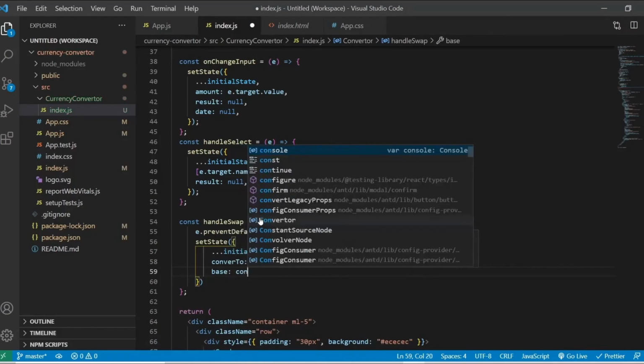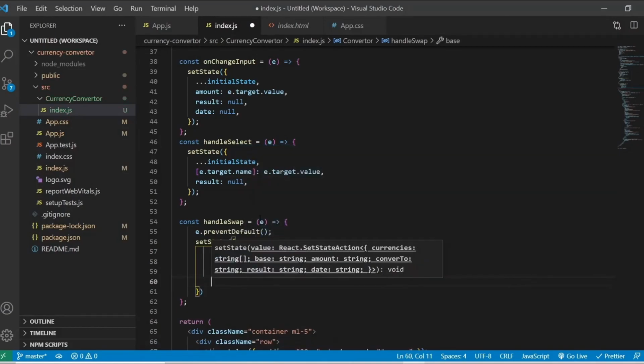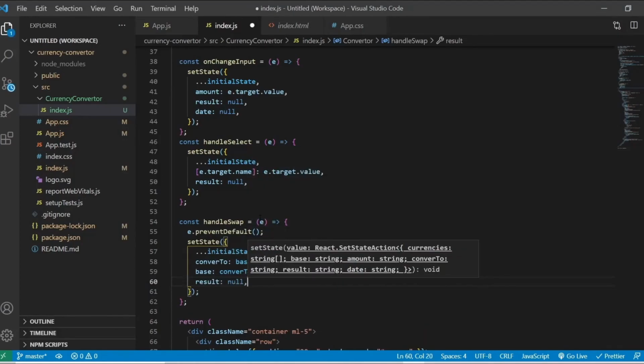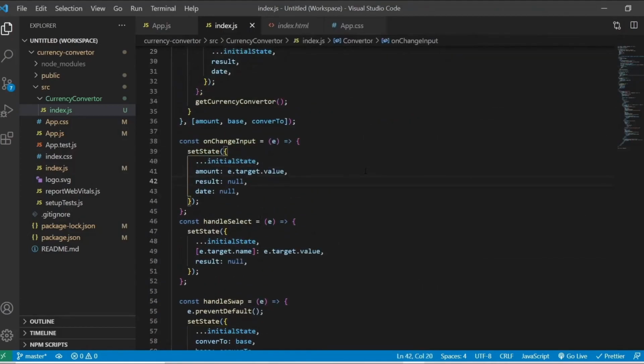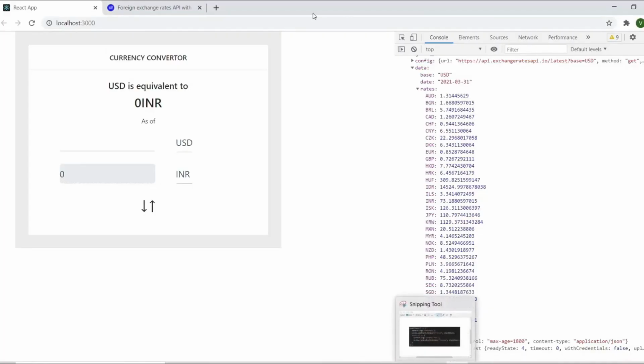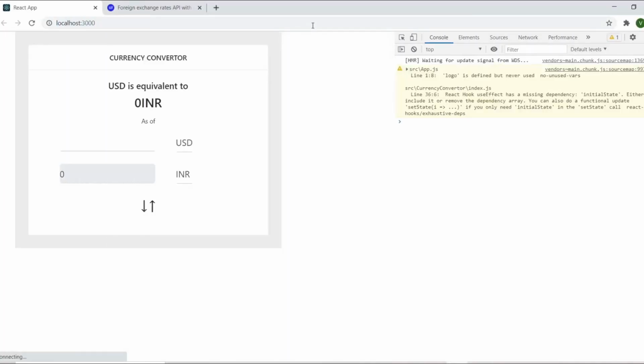So we are doing vice versa here with the drop down, and result will be null again if the user does the vice versa of the currencies. So we are almost done, I think. Let's go into the browser and see whether it's working or not.